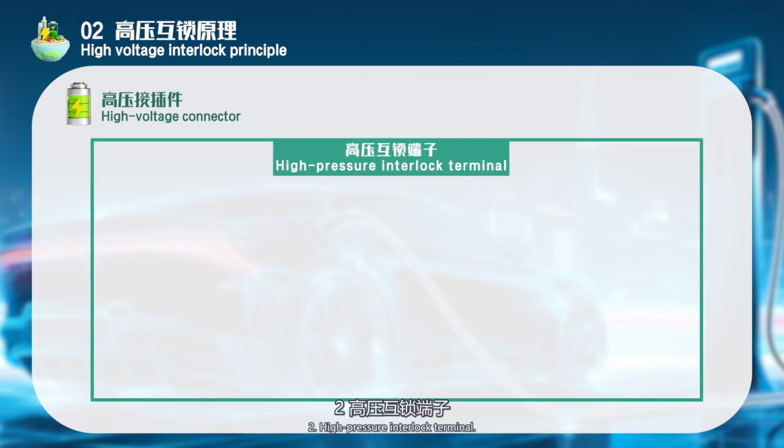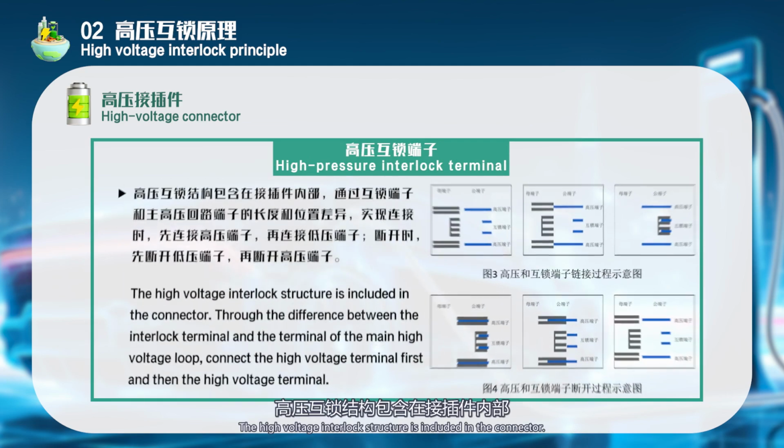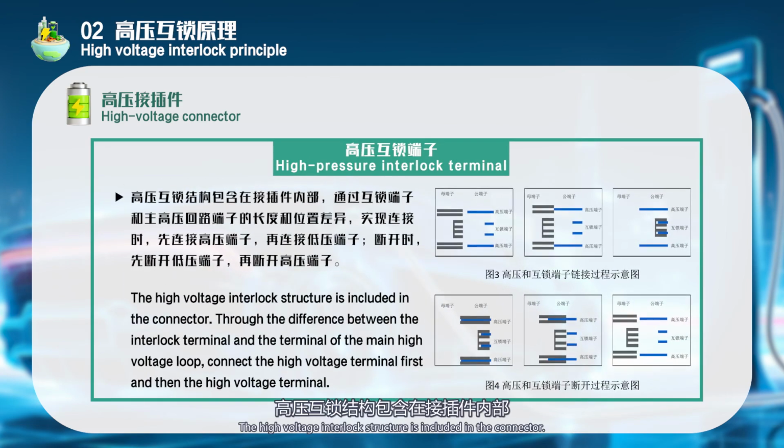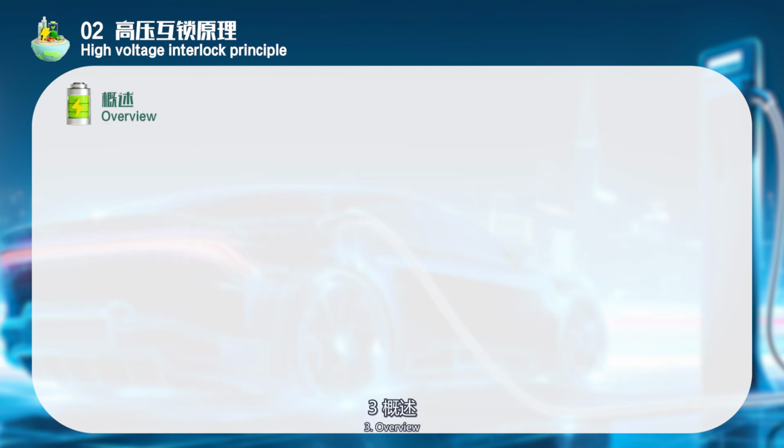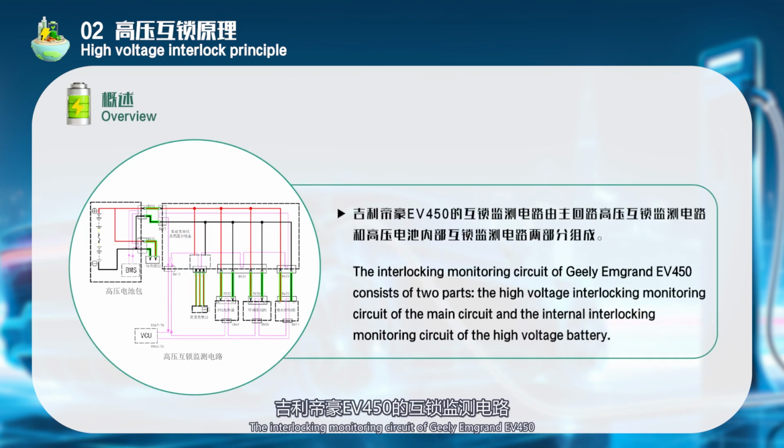2. High voltage interlock terminal. The high-voltage interlock structure is included in the connector through the difference between the interlock terminal and the terminal of the main high-voltage loop. Connect the high-voltage terminal first, and then the interlock terminal. 3. Overview. The interlocking monitoring circuit of the Geely Emgrand EV450